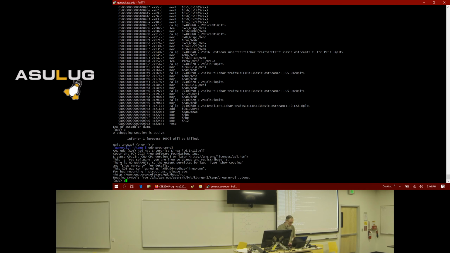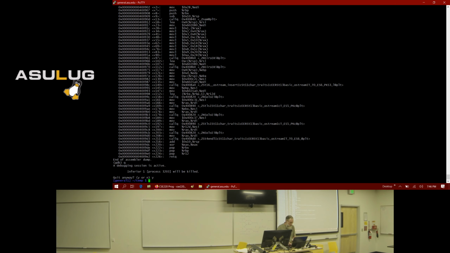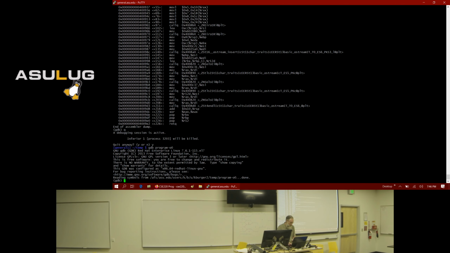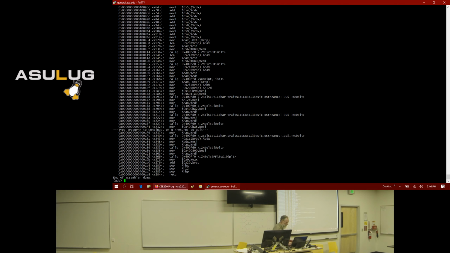Now I'm going to load the optimized one because I'm curious to see if main is shorter. Notice in the unoptimized one that it goes all the way to 232 and then continues all the way to 284. So the main function in the optimized version is quite a bit shorter than the one in the unoptimized version.